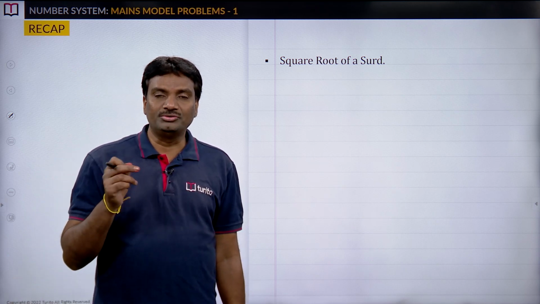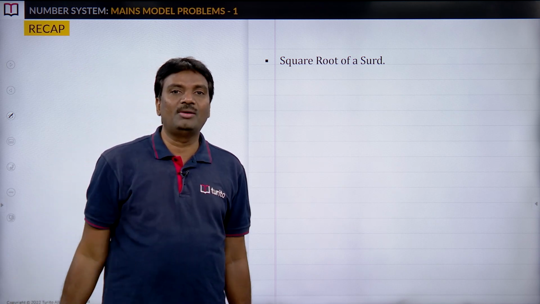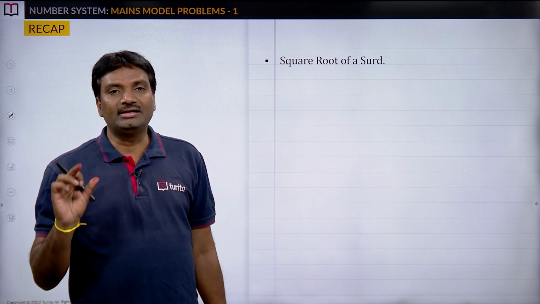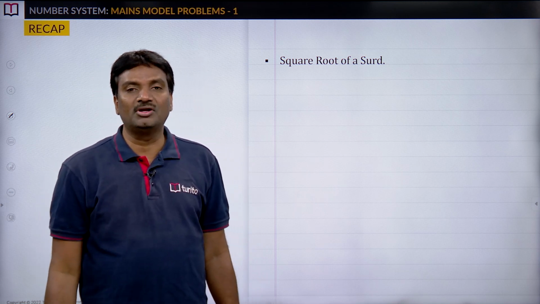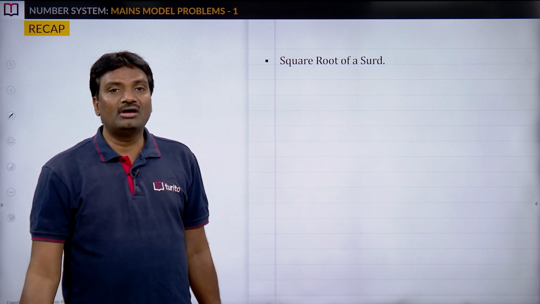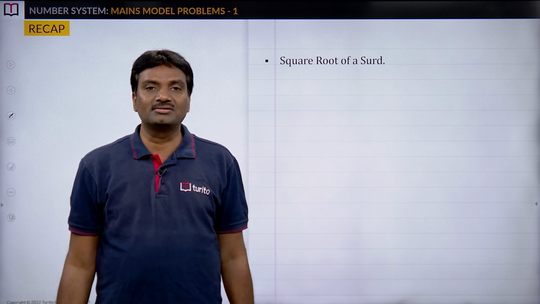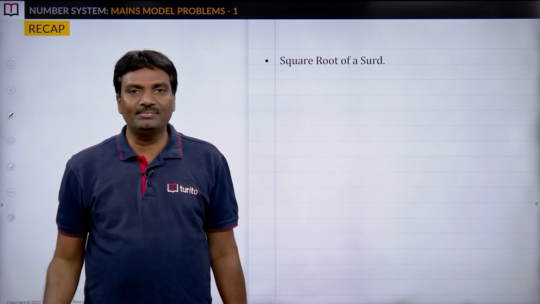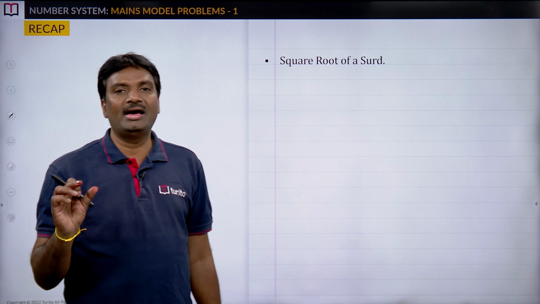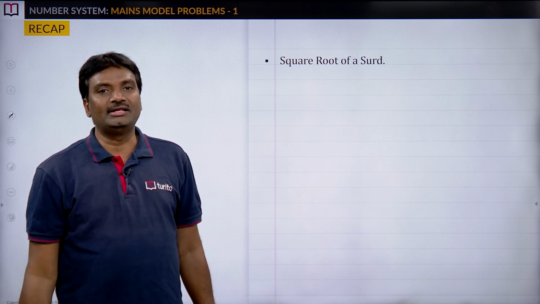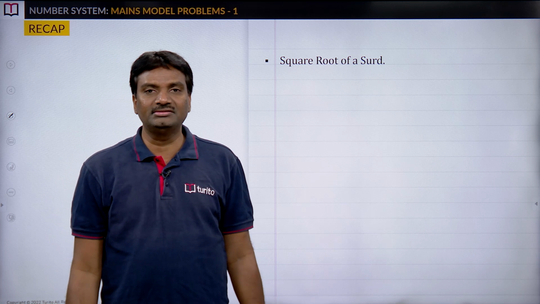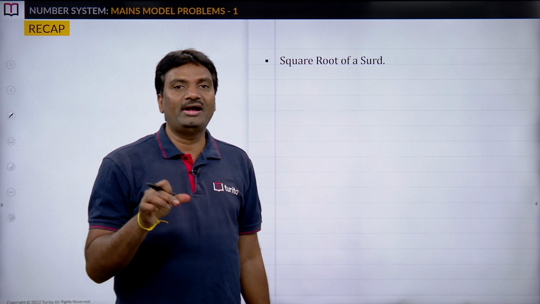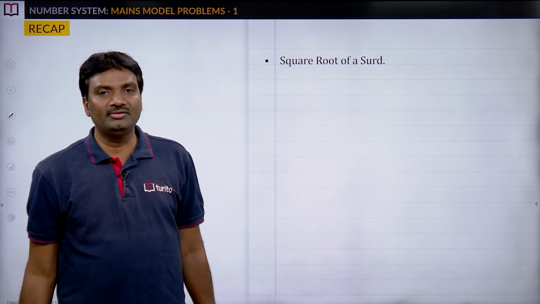First of all we have to check whether the given surd is in the form of a plus root b or a minus root b. According to that, we can take square root of a plus root b equal to root x plus root y, and square root of a minus root b equal to root x minus root y. In both cases we can apply the same procedure: squaring on both sides, comparing the rational and irrational parts on both sides, and solving the equations for x and y. That is the general method, and we have also discussed how to find the square root of the given surd